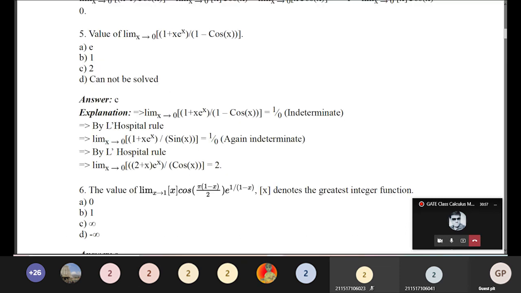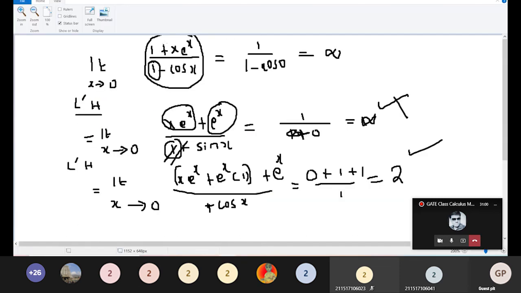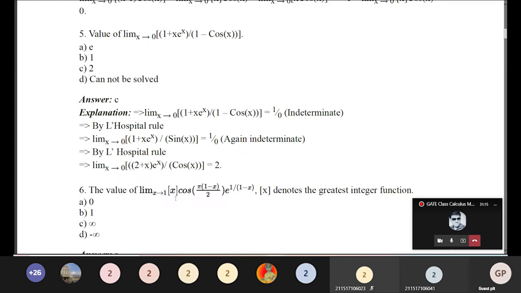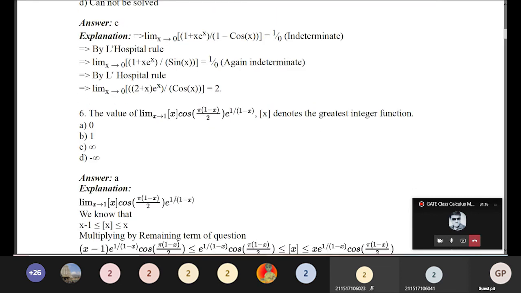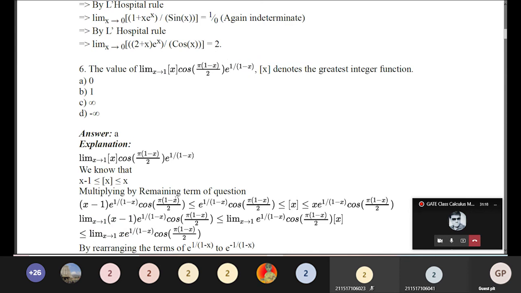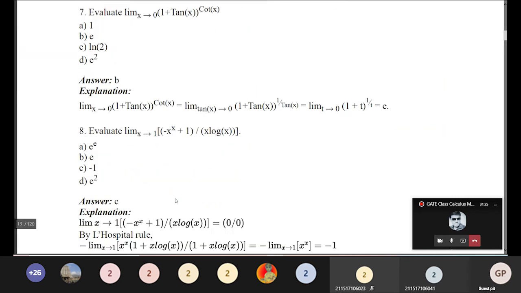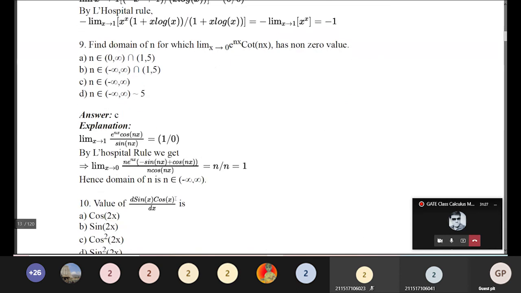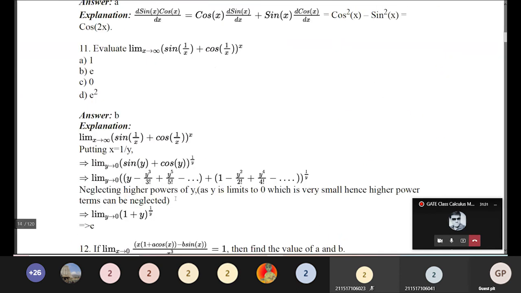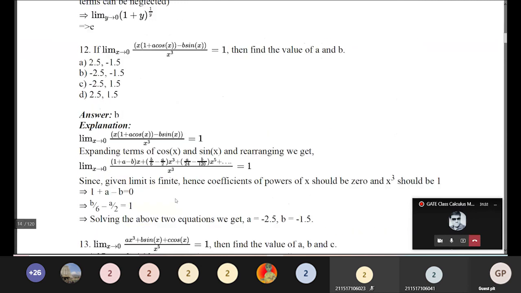So what mistake did I make there? Actually, I differentiated 1 as 0, instead of keeping 1 as it is. That is the mistake I made. Sometimes you have this, so please be careful. Thank you. Next problem, very similar, finding the limit value, but looking like a lengthy problem. Limit of your function.